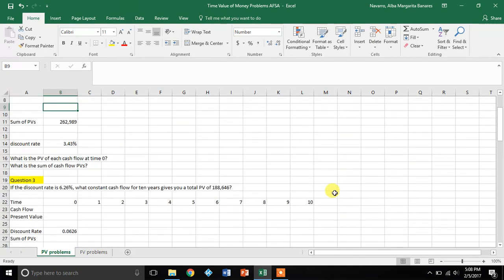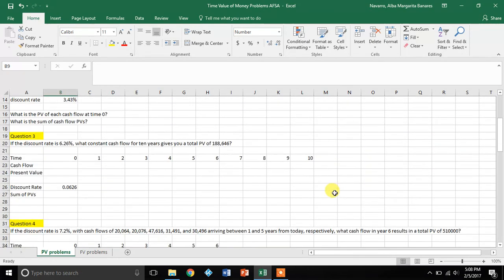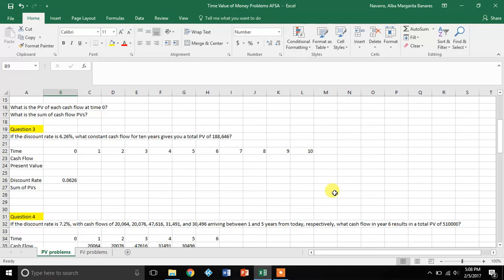Question 3. If the discount rate is 6.26%, what constant cash flow for 10 years gives you a total present value, this total present value? So, to start off, I'm just going to insert an arbitrary cash flow, because it's not as simple as dividing this present value by 10. And then, since I've inserted that, I'm going to copy it into all of these other